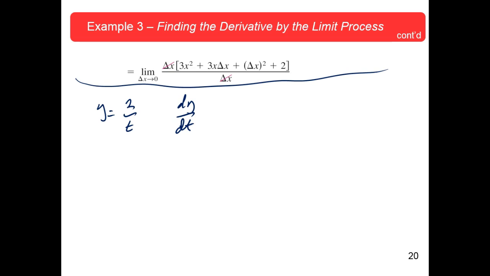Okay? Now what's the definition of a derivative? Same as before. Limit as delta x, only this time it's t, delta t approaches 0. See that dt is going to back up and be a delta t. Okay, of